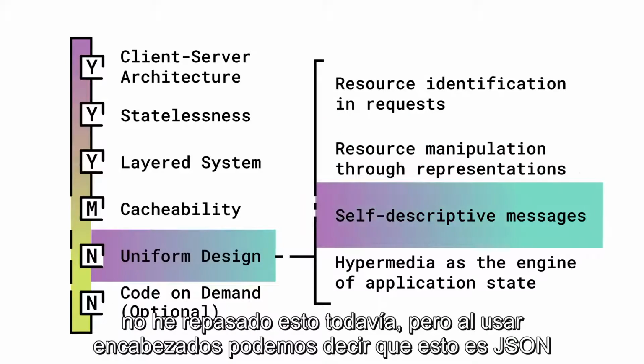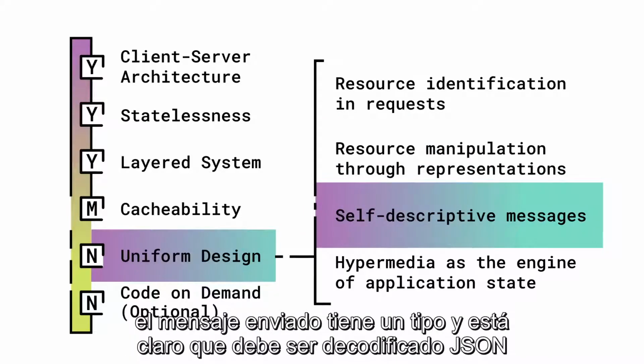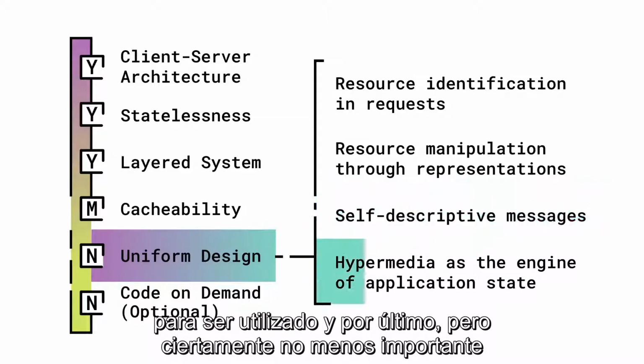We haven't gone over this yet, but by using headers, we can tell that this is JSON. The message sent down has a type, and it is clear that it should be JSON decoded to be used. And last but certainly not least,